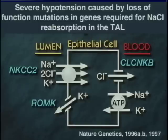So those of you who are clinically active recognize that when we give furosemide to a patient, the first dose they get a brisk response, the second dose a little bit less response, and then they develop a threshold. You have to keep increasing the dose to get sustained salt wasting. The reason for this is that the target is autoregulated, and if you inhibit it, its gene expression goes up dramatically. That doesn't happen with ROMK, and so for this reason, this actually might turn out to be a good